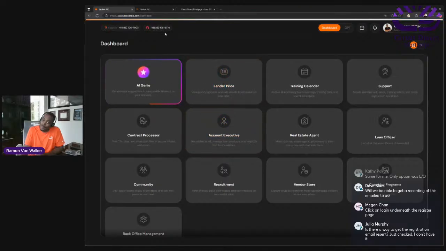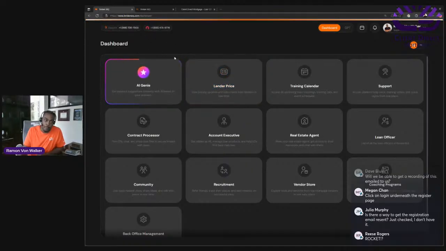Now, this other number is Rocket's number. A lot of you don't care about that, right? But they do have an SOS. And if you guys have a number where you can call in and get any kind of support, please share it with me. Maybe I'll move this Rocket one off and just have a different area where there are these numbers where we can get live support. But Rocket does have an underwriting support line called SOS where they can ask underwriting questions. So we just pop that up there too.